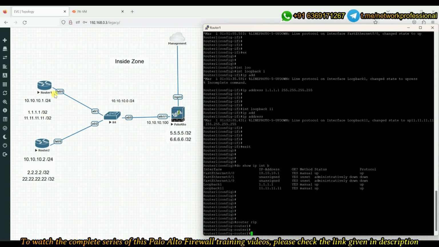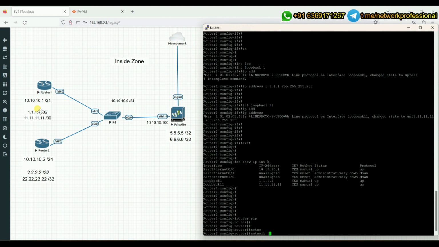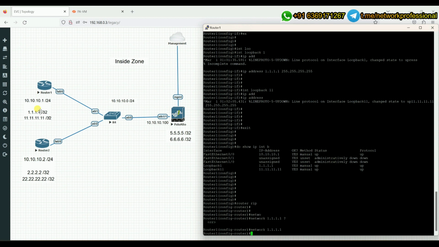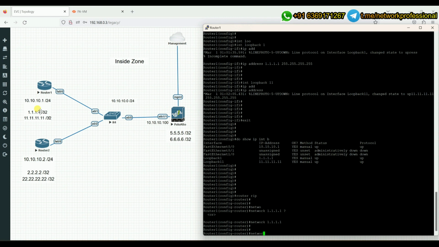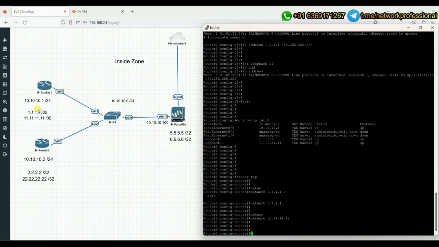Okay, because this is a directly connected interface, right? I just wanted to advertise this. So using the command network, I'll put the IP address of the network. And in RIP, you don't need to give any subnet mask. You can just directly put the network and put the IP. Network, the other loopback is 11.11.11.11. That's it. So the version of RIP we are going to configure here is